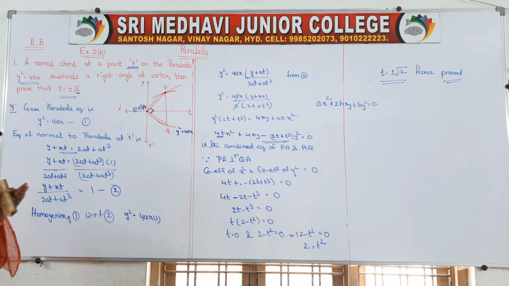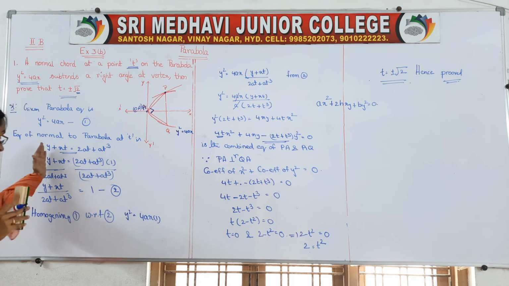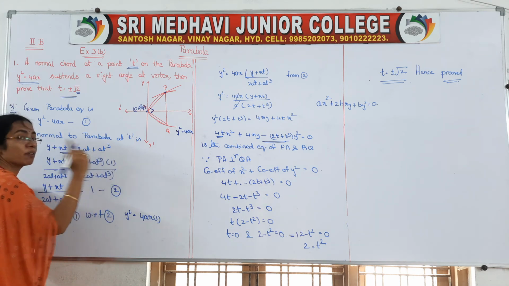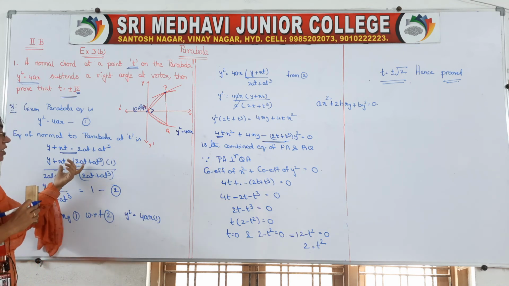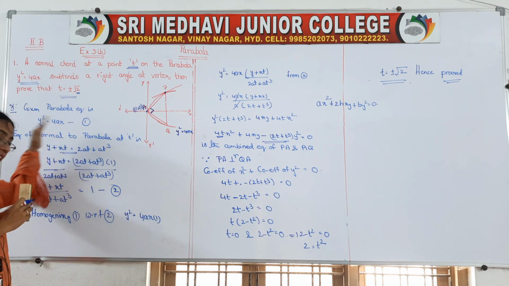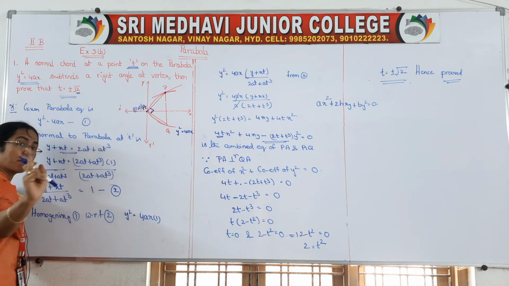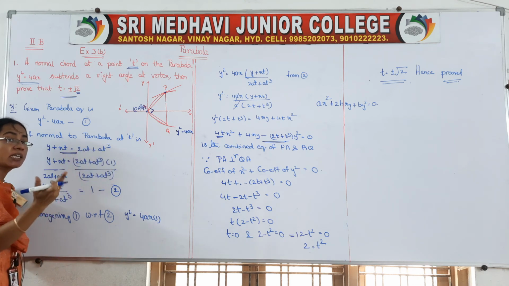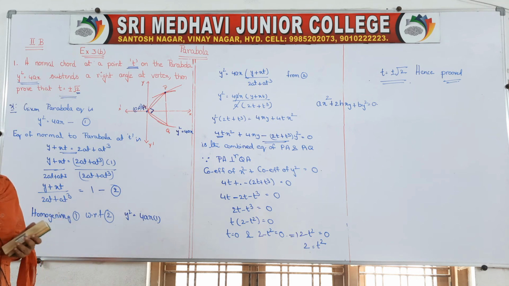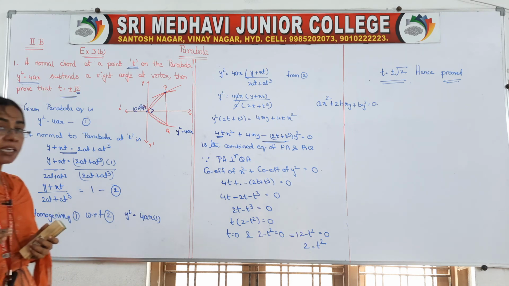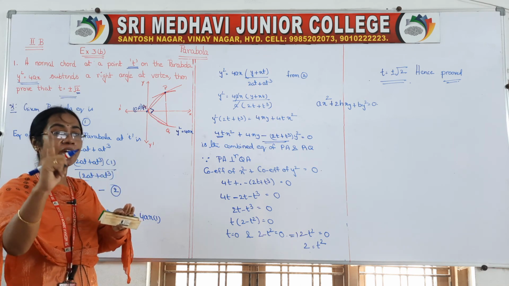Try to write that line equation with all the values on the left side, and on the right side only one number should be there, right? Why do we have to write that line equation like that? Try to write all the values on the left side, and on the right side only one number, 1, must be there. Why? So that we can homogenize the curve and line equations. To homogenize the curve and line, our requirement is that in the line equation the right side should be 1.